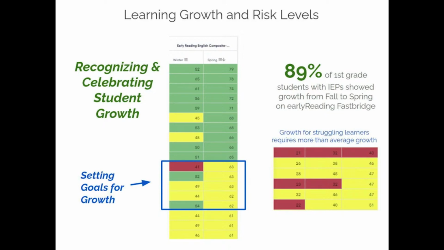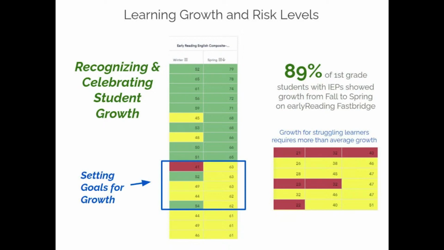So I think that is one of the things that we need to acknowledge, but I'm also going to have a big however in there. And one of the things that we also have to acknowledge is that our students who are struggling require aggressive growth to ever move out of a particular performance level. So a student who has an IEP, or maybe doesn't even have an IEP, but a student who is performing with some indicators of risk, has to have the attention and the understanding of teachers that we have to be very aggressive. Acceleration is the key, because as we move through the assessment windows, the benchmark keeps rising and rising and